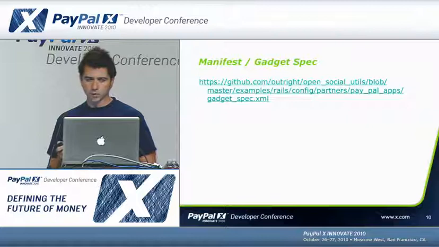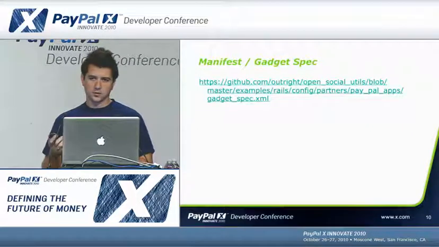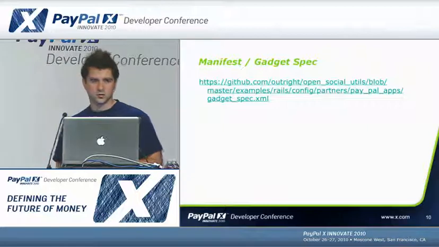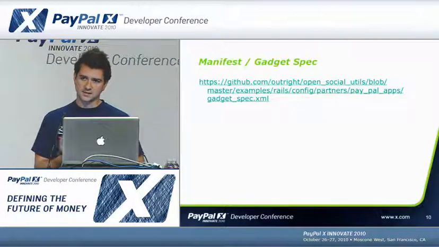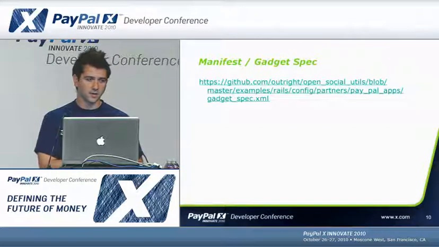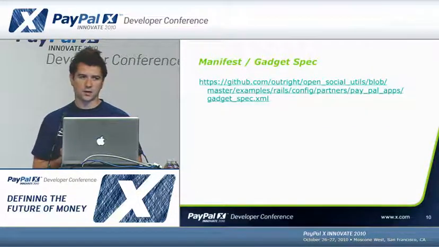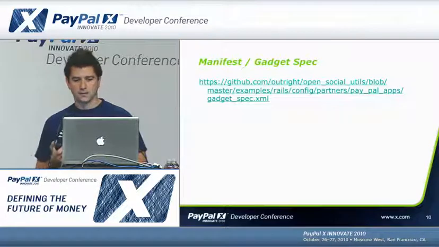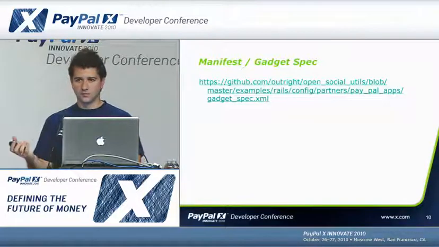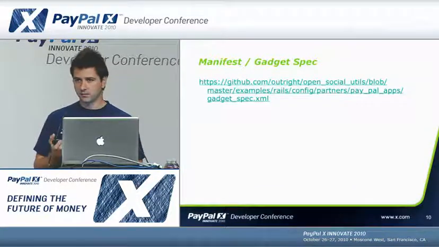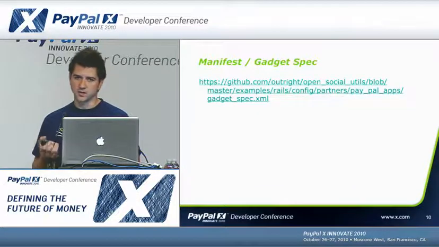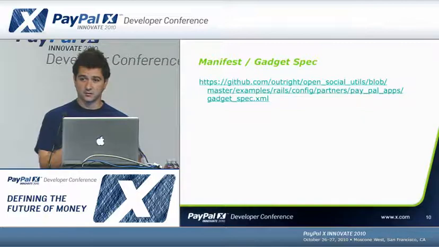So open social is pretty much you create containers, and PayPal is now an open social container. And what that allows you to do is write to the open social spec and put your application or code snippets inside of PayPal, and they will actually run them for you. There are two types of open social gadgets. You have a URL or you have an HTML. And HTML means that there's this manifest file that describes your application. When you give them this file, the file itself contains JavaScript and HTML that then PayPal will execute in their